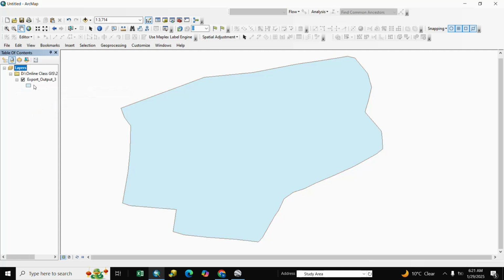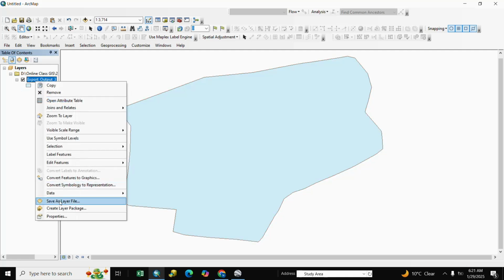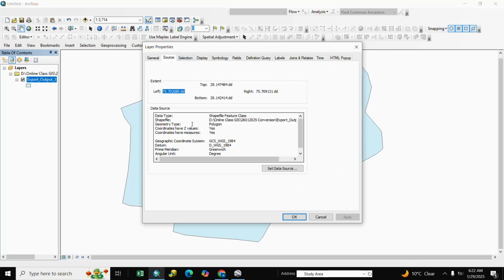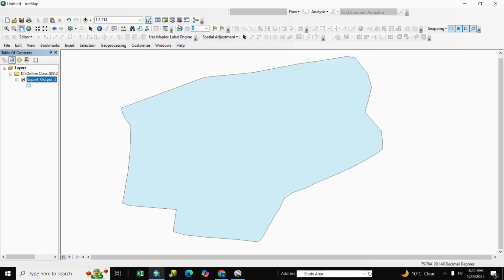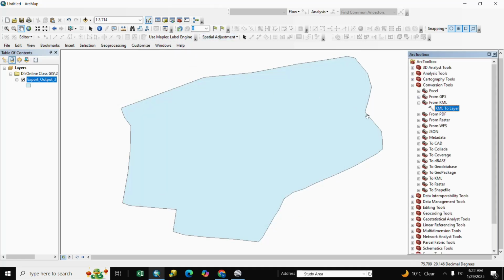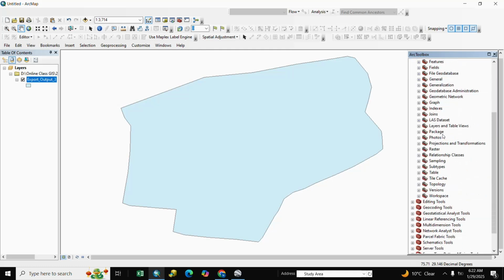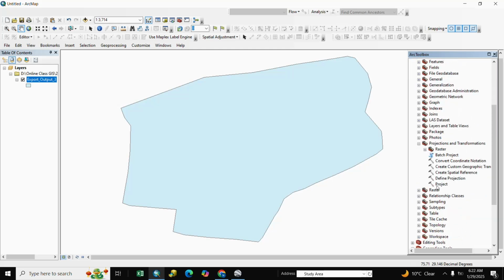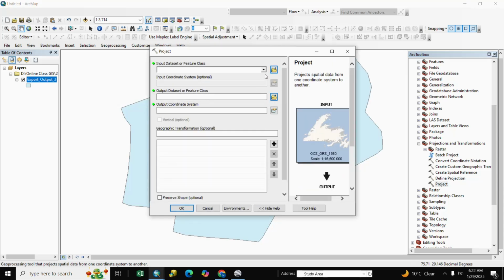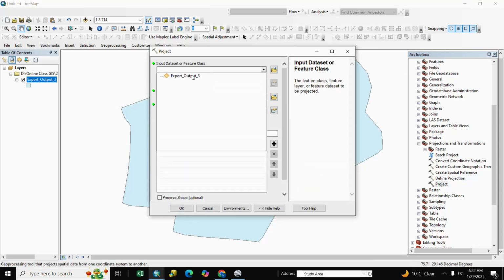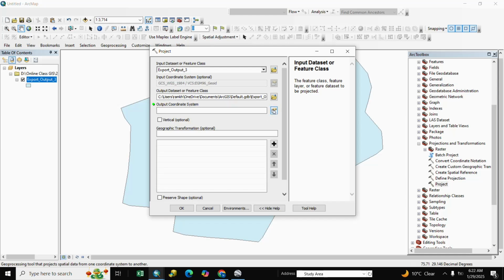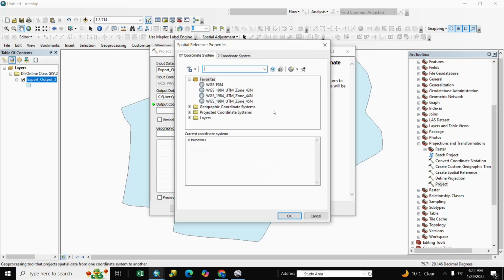Remove the old file and we check the projection. Here is the world projection. We change the projection to UTM. We go to our toolbox, go to data management, projections and transformations, project, double click, and we select here the input file, and we select here the output coordinate.